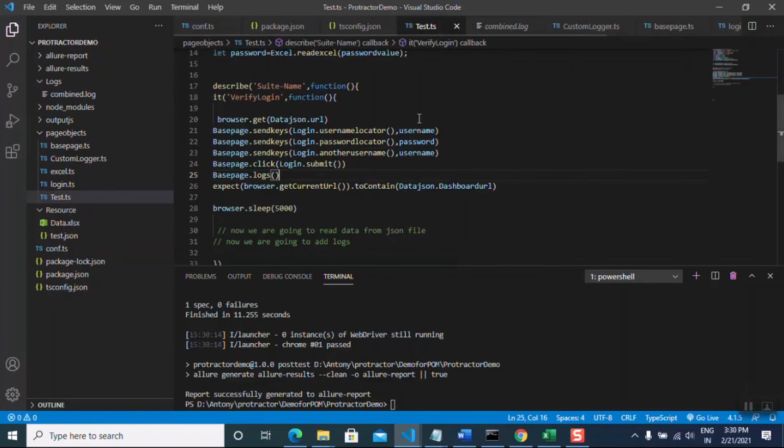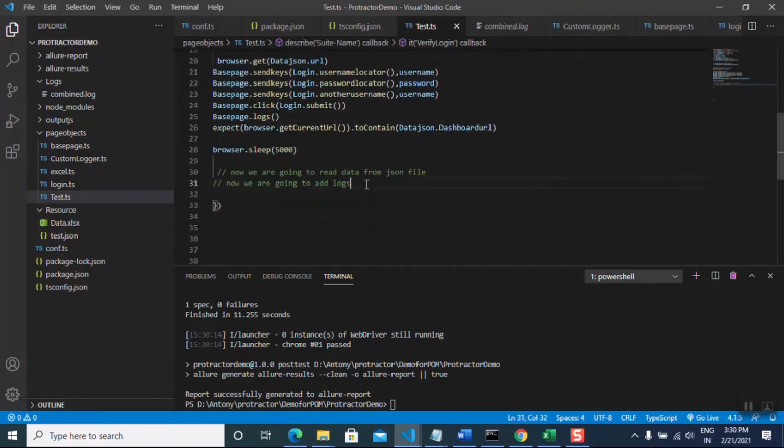Then the next part we are going to do is generate the report using Allure report. It will look very nice with screenshots. So for that,